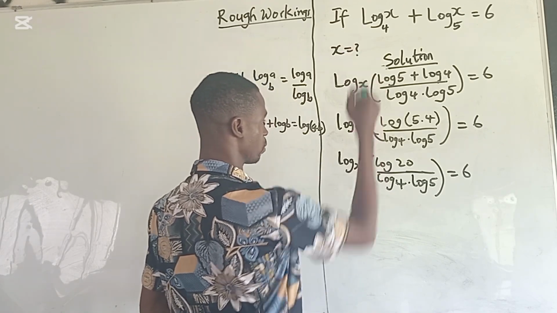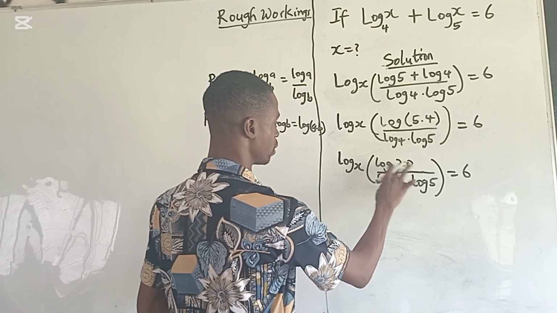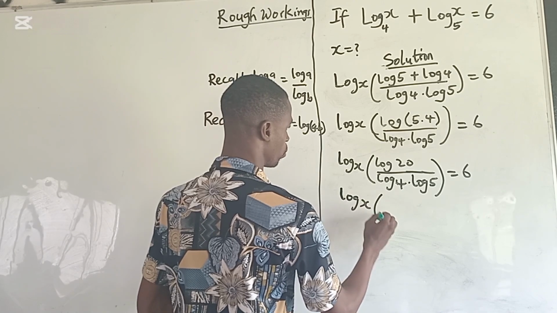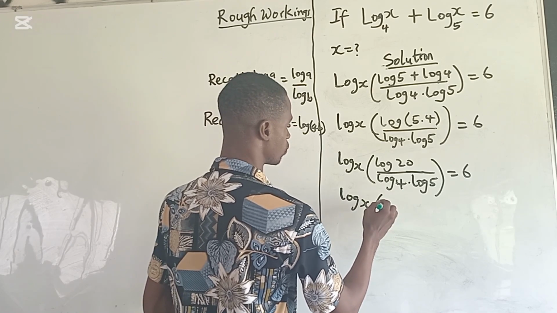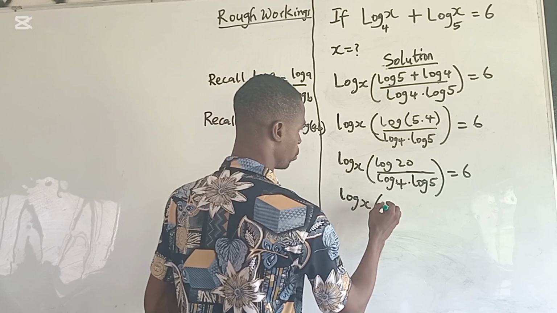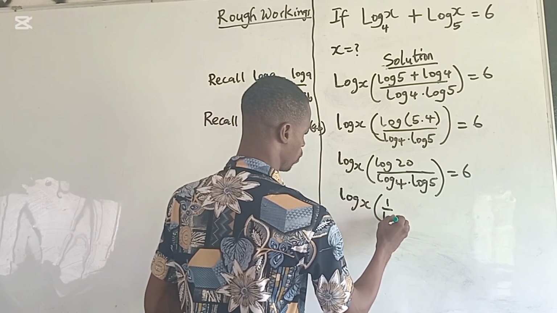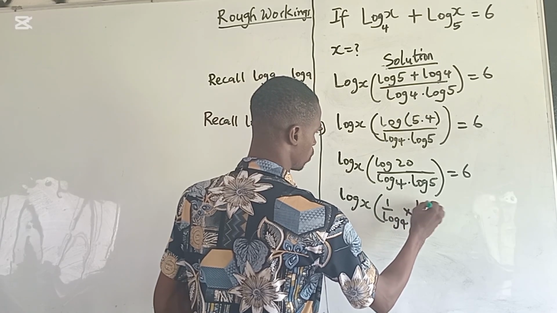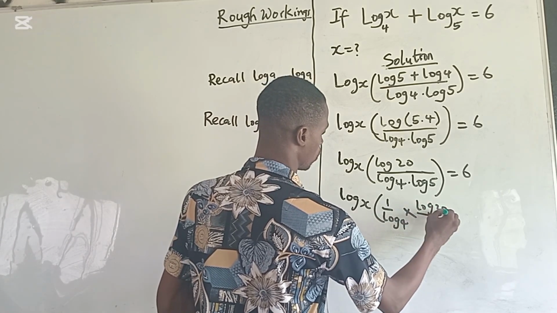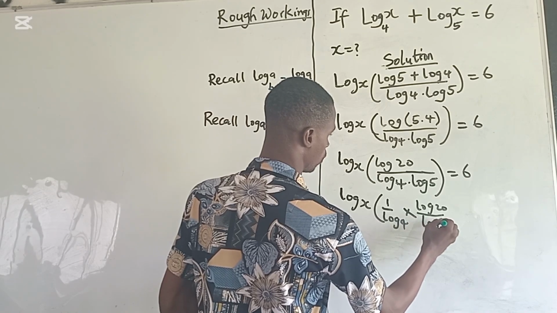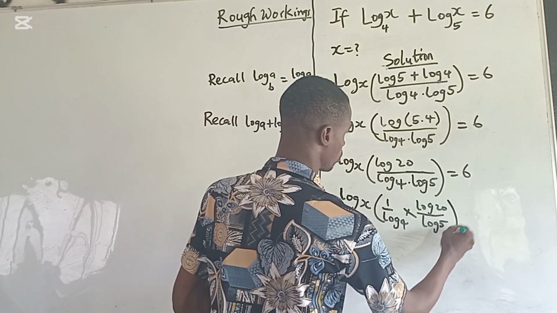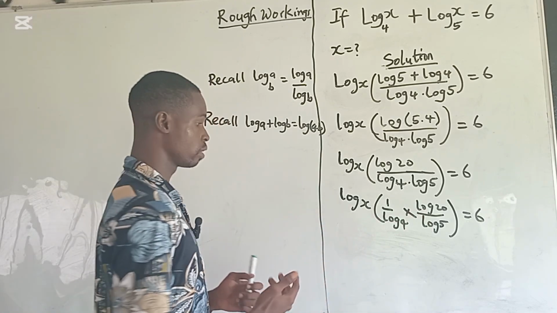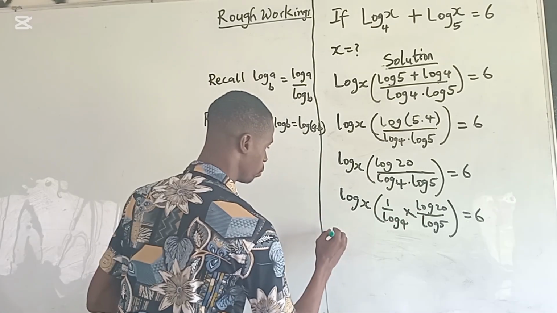For you to understand what I'm saying, we can also express all this as log x open bracket 1 all over log 4 multiplied by log 20 all over log 5 close bracket equals to 6. So writing it as this, we are still correct. Multiply both sides by